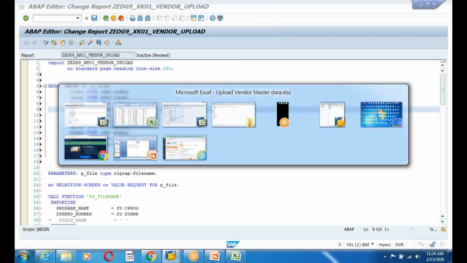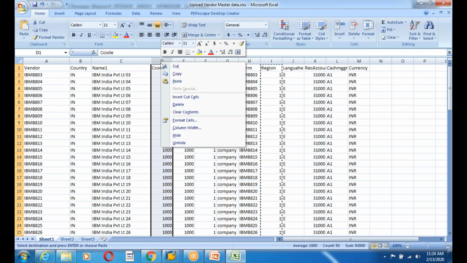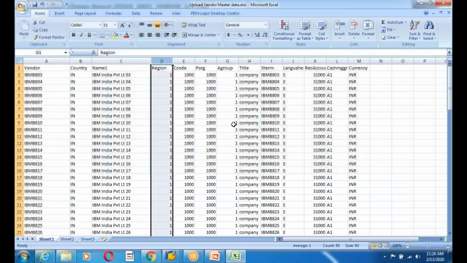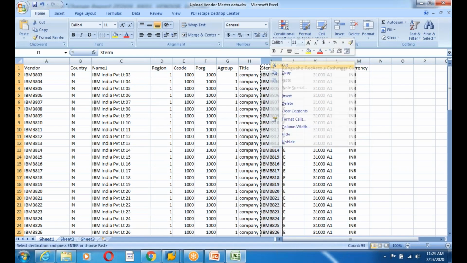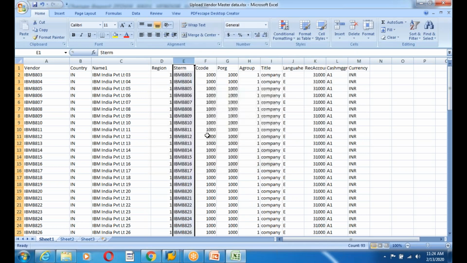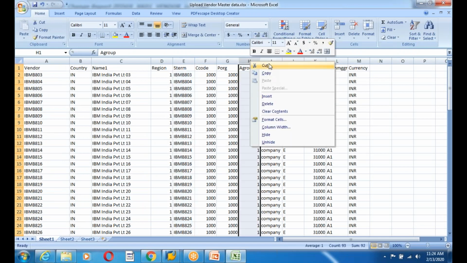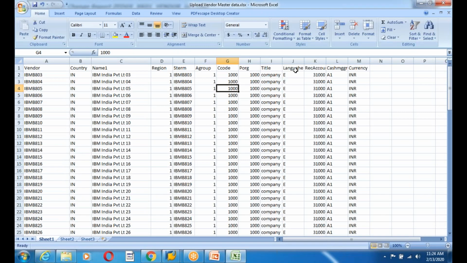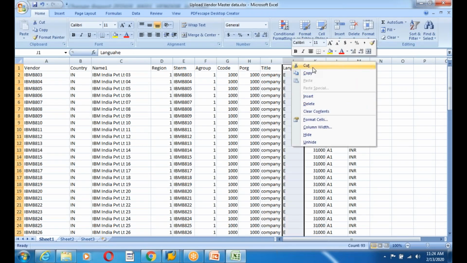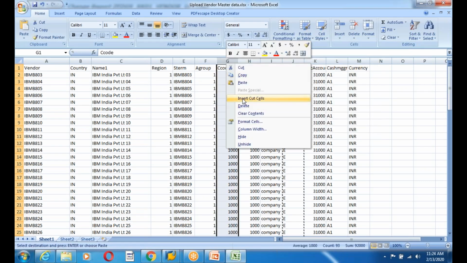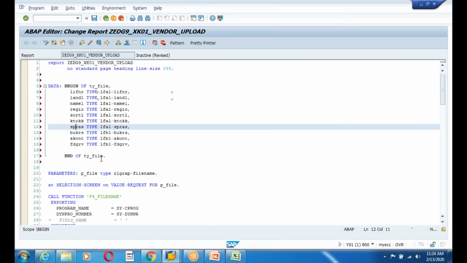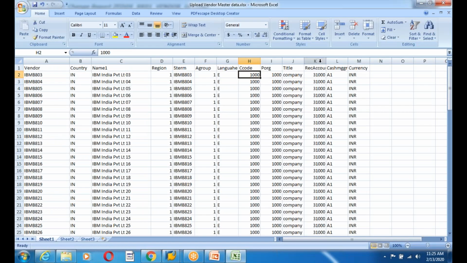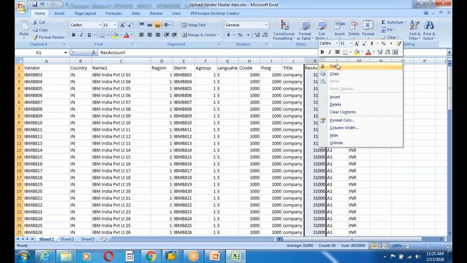Next region, take the region, cut, insert cut cell, region, and sort L, search term, and cut, insert cut cell, and KTOKK account group, cut, insert cut cell, then language, cut, insert cut cell. Next, company code, cut,